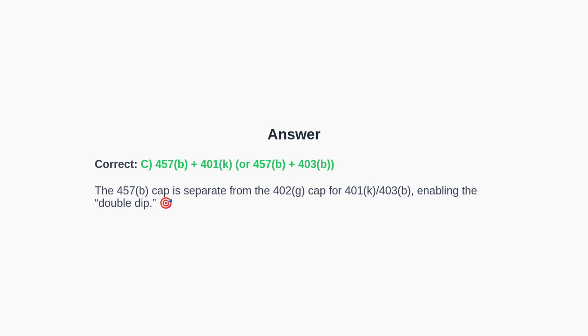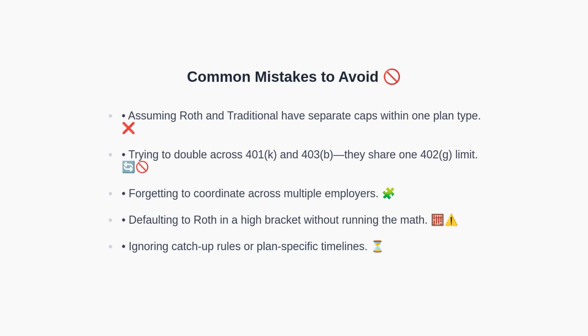The correct answer is C. A 457b has a separate elective deferral limit from the 402g limit that applies to 401k and 403b plans. Therefore, if you have both a 457b and a 401k or 403b, you can contribute up to each plan's limit in the same year. Common mistakes include believing that Roth and traditional contributions have separate caps within one plan type,